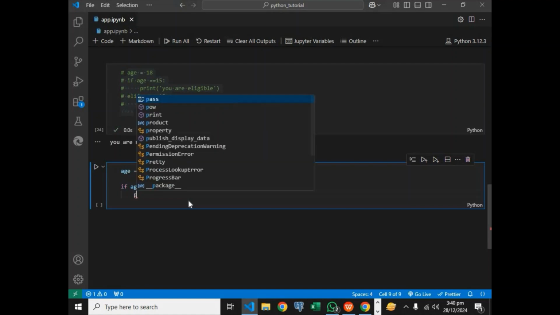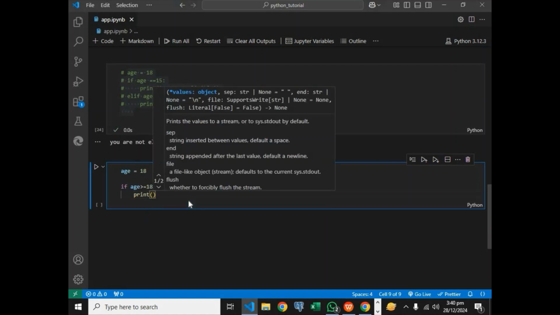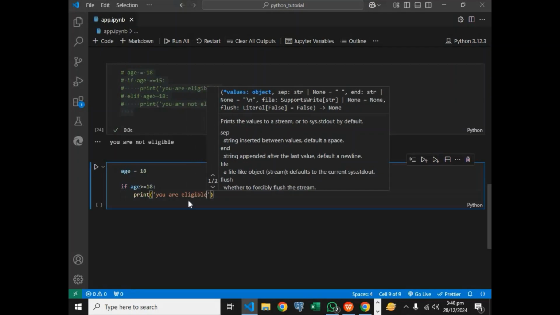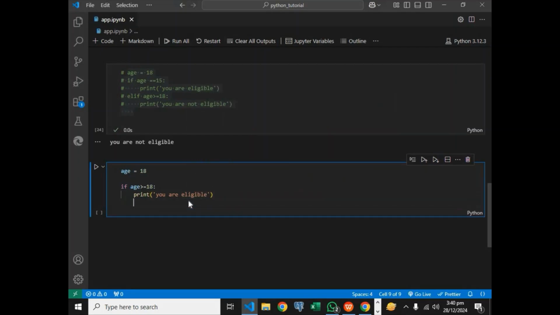Say okay, print you are eligible. Now you say okay, elif age is equals to 15, you say print